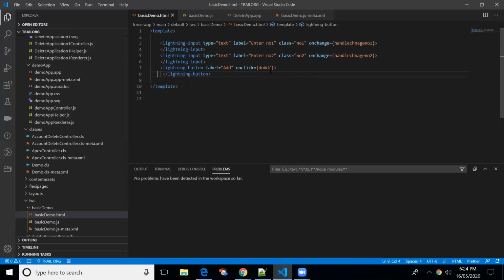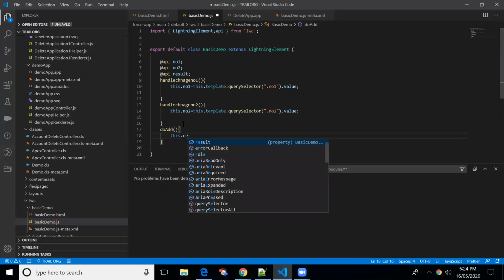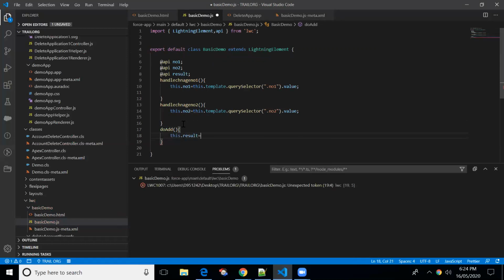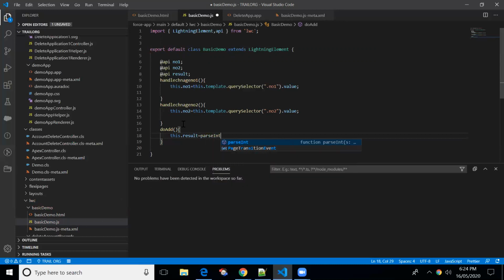Let me put this method in the JavaScript, doAdd. I'll be putting the result into the result variable. If you don't put parseInt, then it will assume it's a string and will not be able to perform the addition operation.